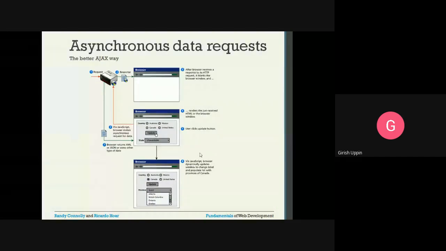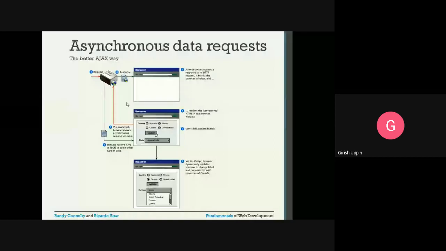Here, in the earlier example, we were updating the country and submitting, and after submitting, we were getting the complete page loaded again. If we use Ajax, the same thing can be implemented in a better way.